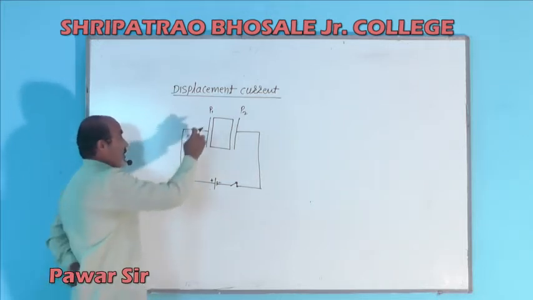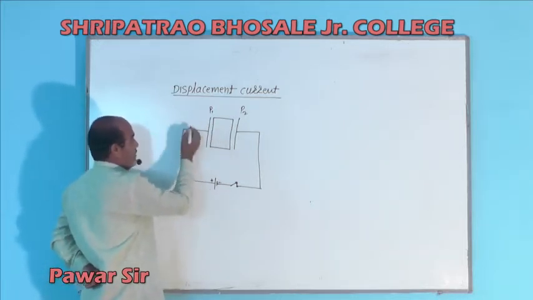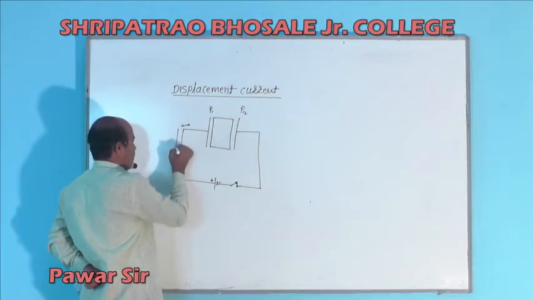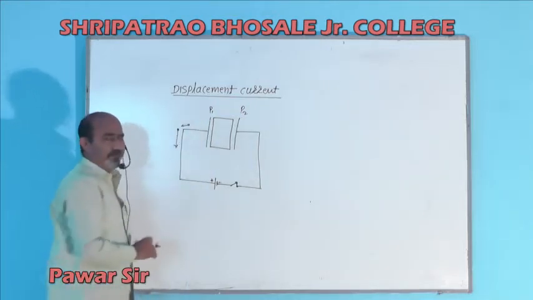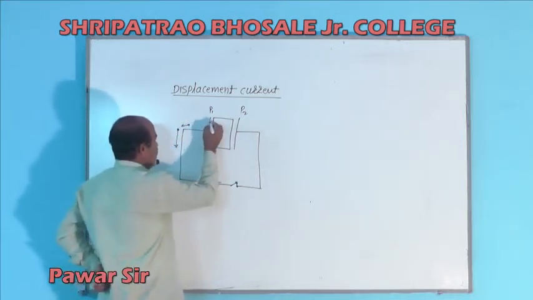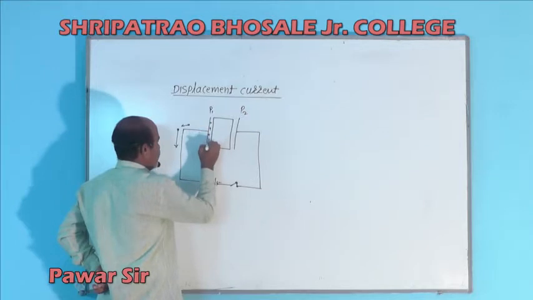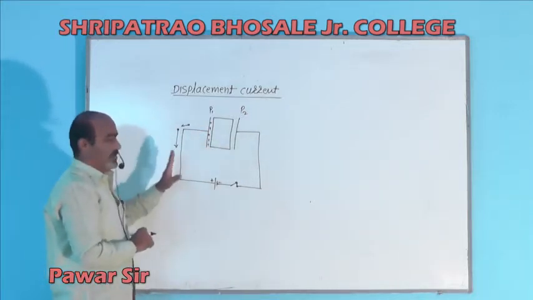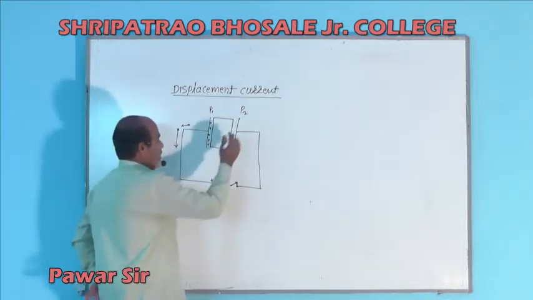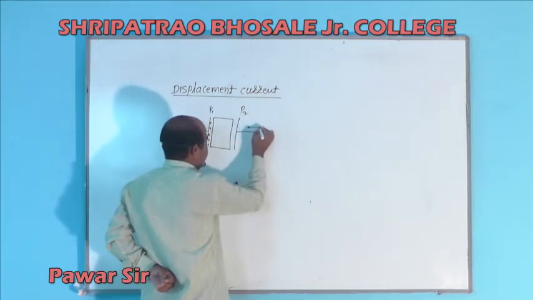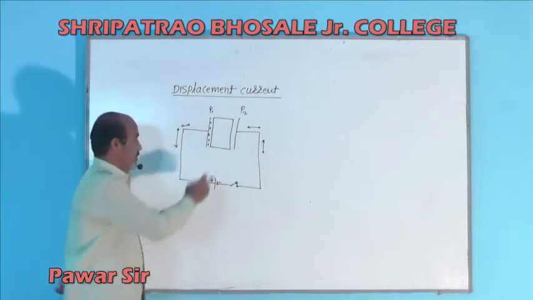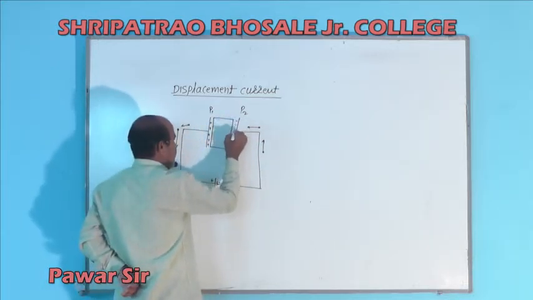This means that electrons are taken out from plate P1. So electrons in this plate P1 move in this direction. As electrons are taken out from P1, it will be positively charged. Positive charge on it increases. At the same time, due to effect of this applied electric field, electrons are deposited on this plate P2, so it acquires negative charge.